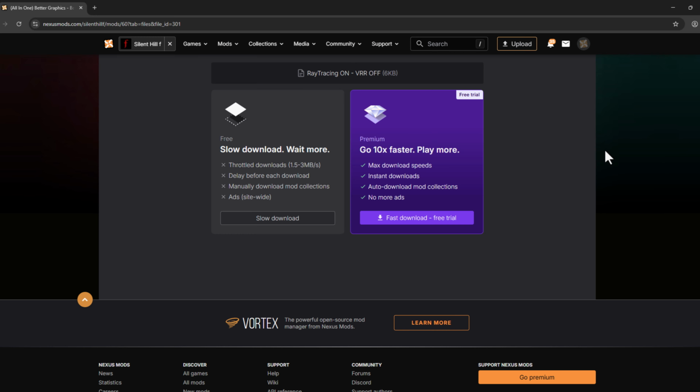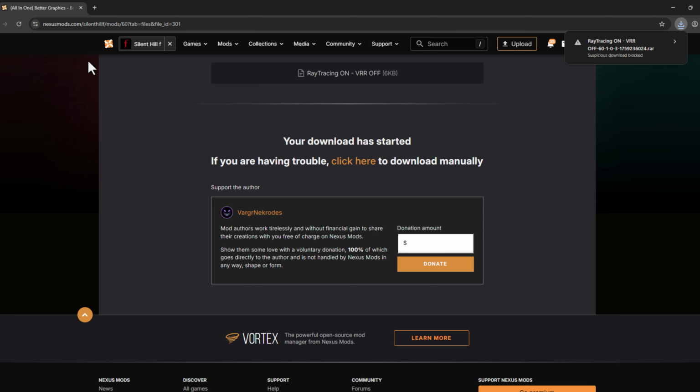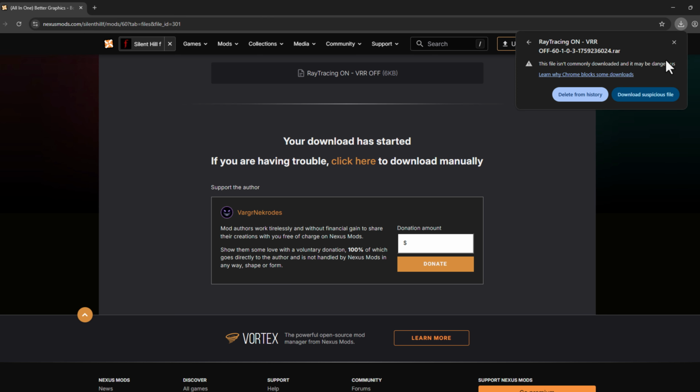Select the manual download option and select the slow download option, and it will start downloading. If you are new to this site, then you will be redirected to the login page. You just need to log into this site, guys. If you don't have an account, then select the register option and create a new account, and then select the slow download option. And after the download is done,